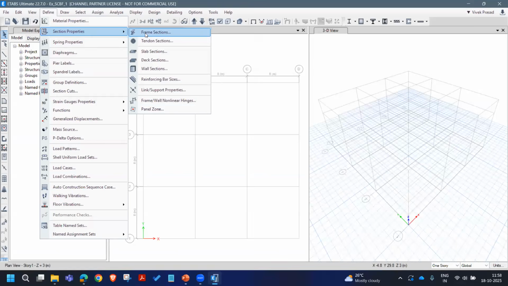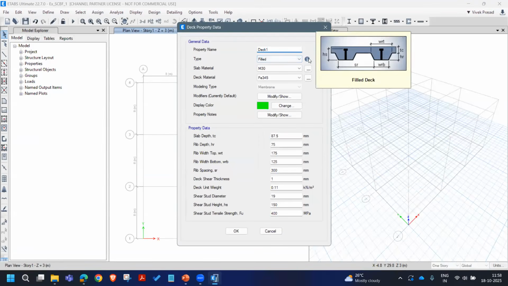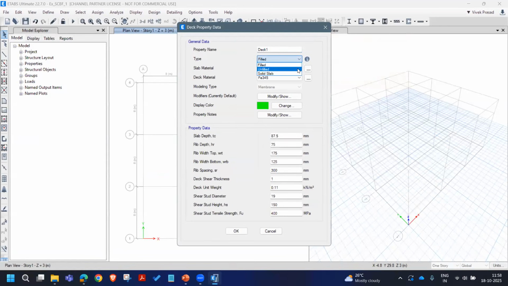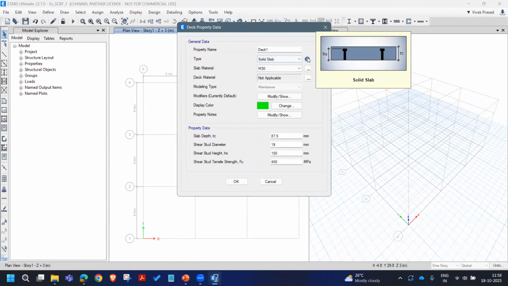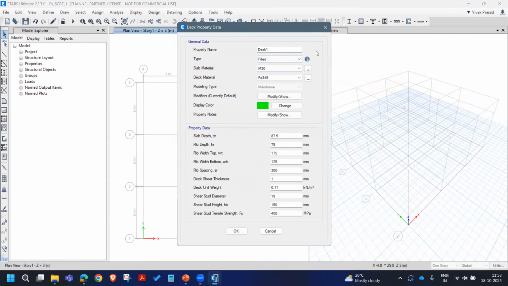So one more section property that is for the deck section. So now we can model the shells, but for steel, we have this specifically deck sections, which can handle the filled deck, unfilled, or solid slab for the resemblance. This way, program can recognize the composite possibility and recognizes the members, specifically the secondary beams, as composite by default. I'll show you that. Now we'll use a M30 concrete material and 345 deck material, standard,